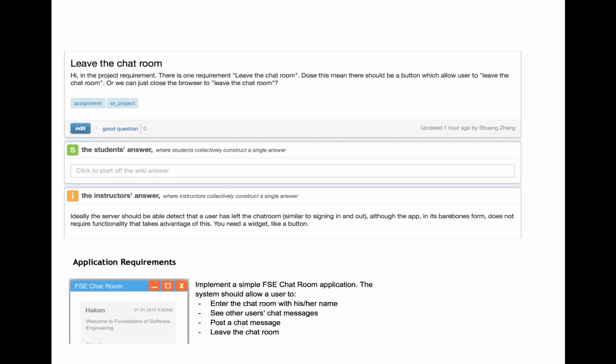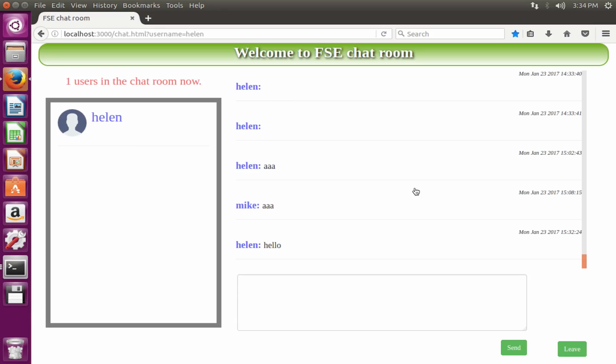The following part is added because I found I need to implement the functionality of leaving the chat room in the requirement. Users can just leave the room as well as sign out by simply closing the page. I added a button to sign out. Now you can see we are in the chat room, and by clicking the button Leave,